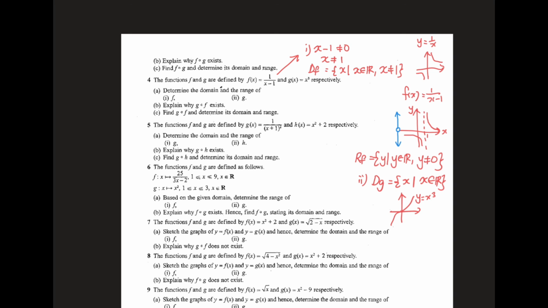So after we sketch the graph, then we can find out the range. As you can see, the graph goes all the way up and all the way down, and hence the range of g is all the real numbers. Okay, all the real numbers. So that is part 2. Okay, part 2 is done. Now